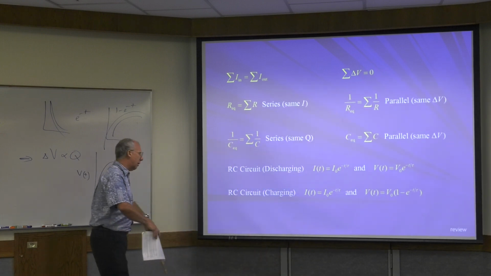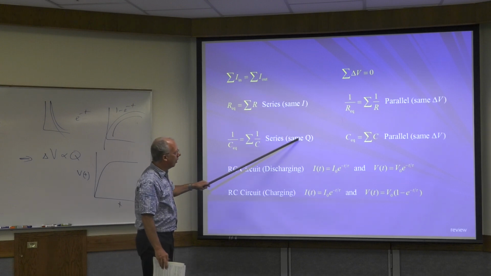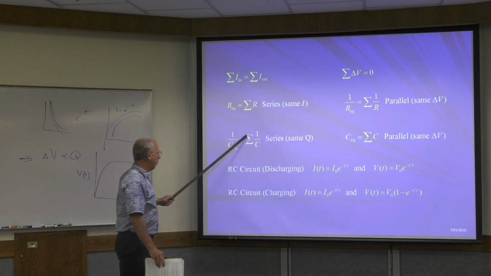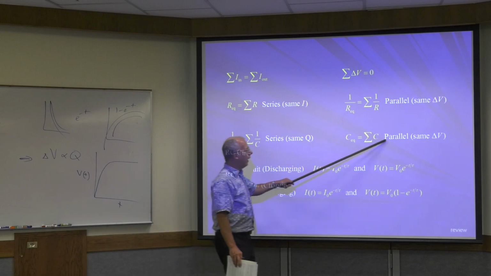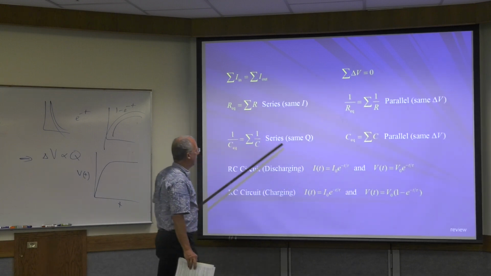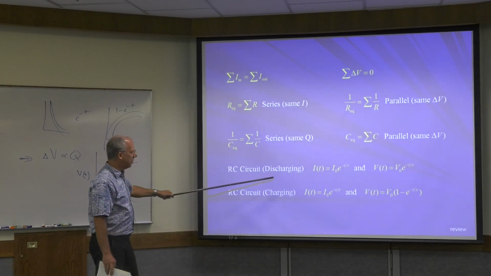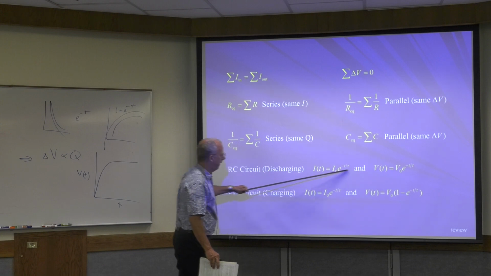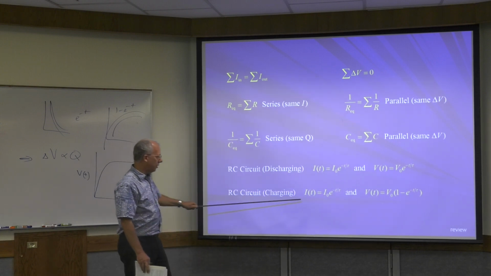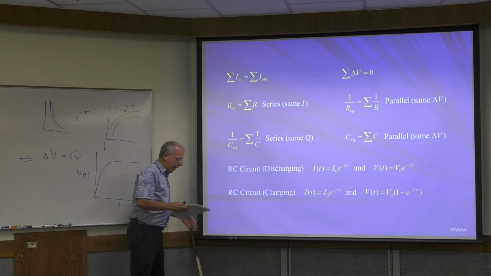Then capacitors is completely opposite, right? So series has the same charge, and it's the 1 over rule. Parallel, same voltage, no kidding, but now you add them, right? So, RC circuit discharging, RC circuit charging. All right. Okay, now,